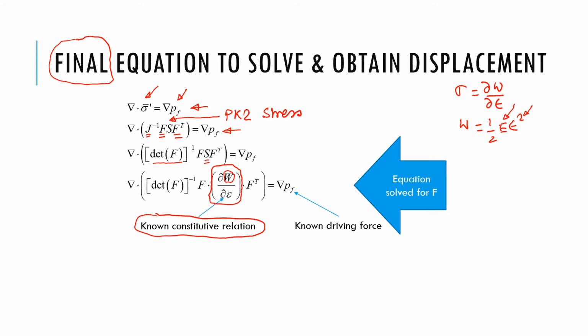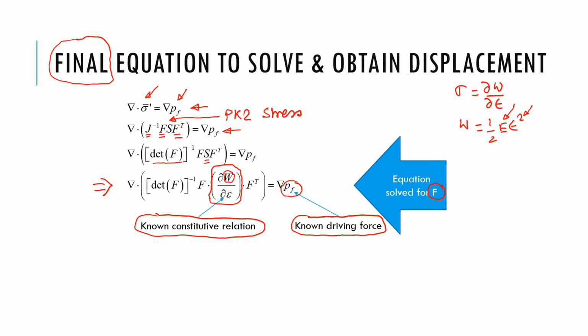So then in this equation, if we know the fluid pressures that is driving the deformation, then the only unknown in this equation is F. So we solve this equation for F. Okay, so that's the deformation gradient. From that F, we're going to actually get the displacements, but that I'll show in a second. So here it's important to know that we now have one equation and one unknown, and that unknown is F,